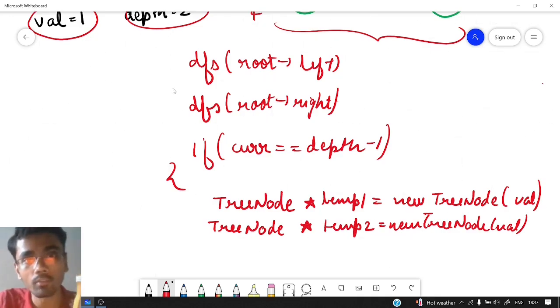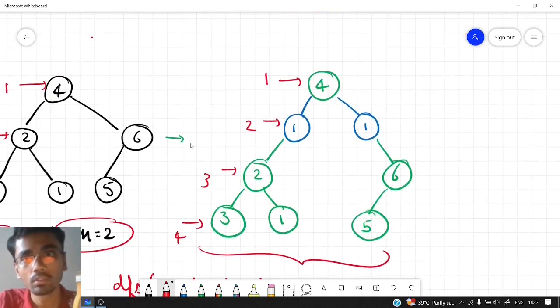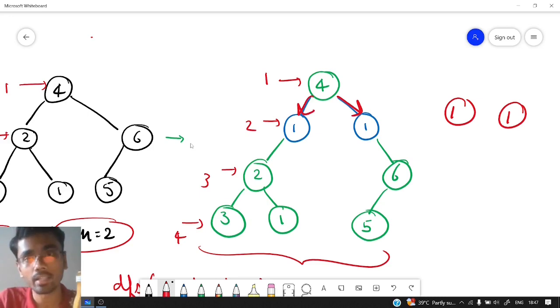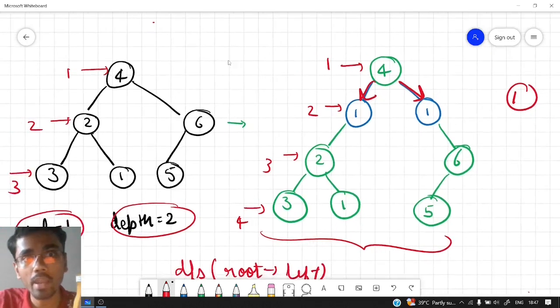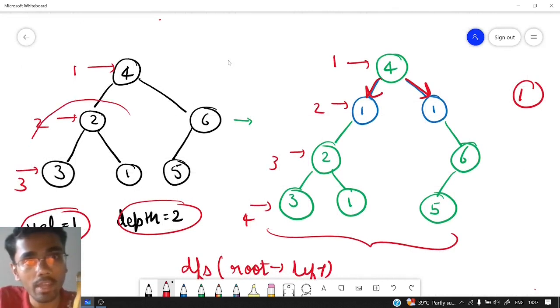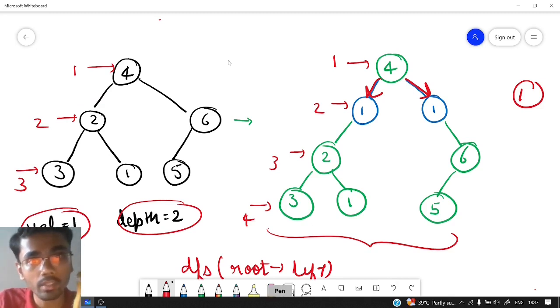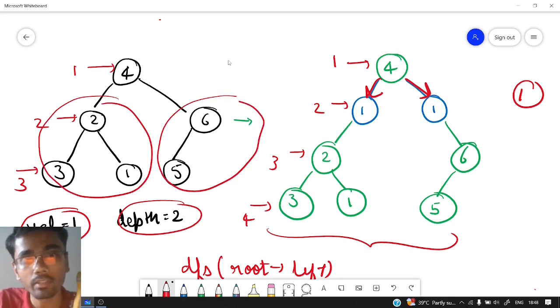Now again see what we need to do. We have created these two new nodes with value 1 and 1, and we need to add them as a left child and a right child. But before that, you can see in the original binary tree we have this left subtree and we have this right subtree.